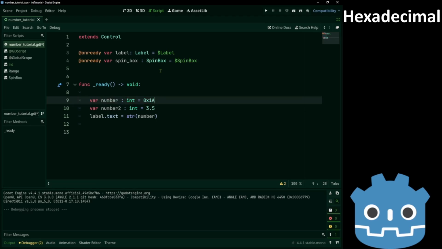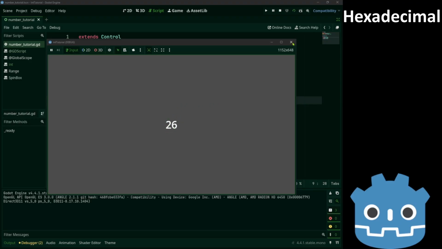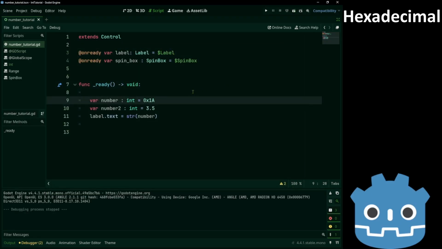Now we can also use the letters A to F. A symbolizes the number 10, so we have 10 times 1 plus 1 times 16, which gives us 26. Again, the notation is limited to digits and the letters A, B, C, D, E, F. G, for example, gives the same error as before.